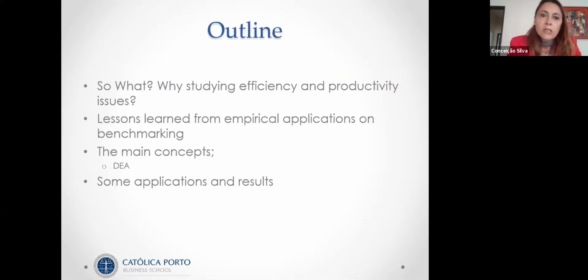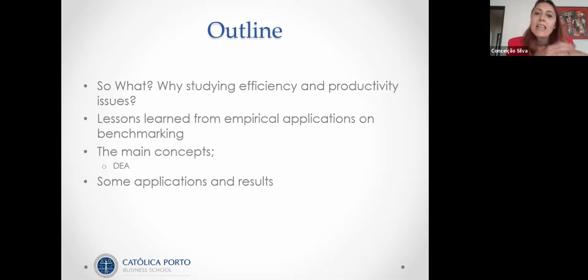benchmarking exercises. So the outline, I will start by trying to address why are we studying efficiency and productivity issues? This is a question that nowadays I ask myself more often than before, maybe because I'm aging. And when we age, I think we start trying to find the meaning of things in a sense. So what? I mean, I was studying efficiency and productivity analysis, and what for? So I tried not to answer that question, but at least to address why it is important to analyze